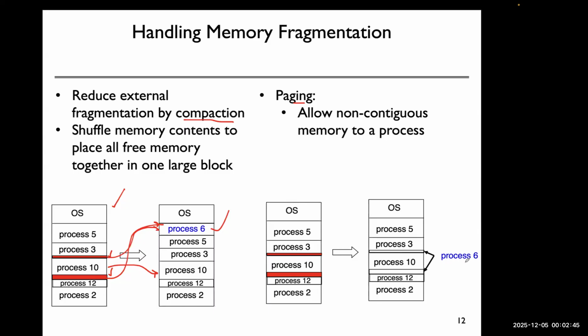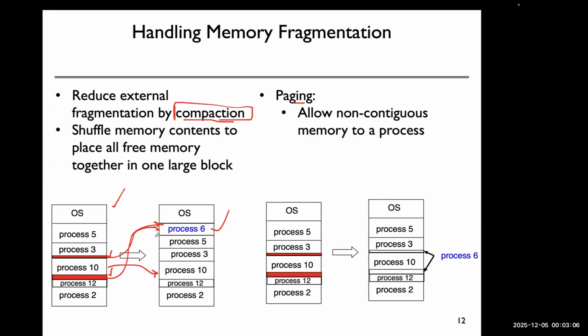So what you do is that when process 6 comes in, you allocate both of these holes to process 6, but then you need to somehow track that these two holes are not contiguous and both of them are allocated to process 6, right? Now the problem with compaction is